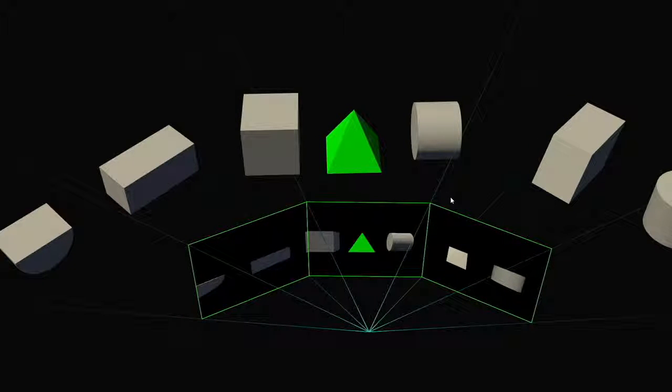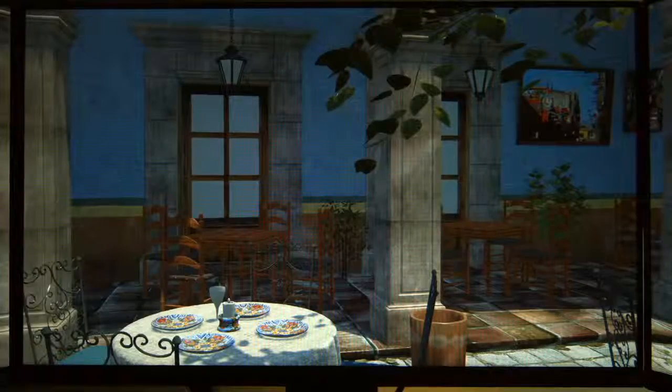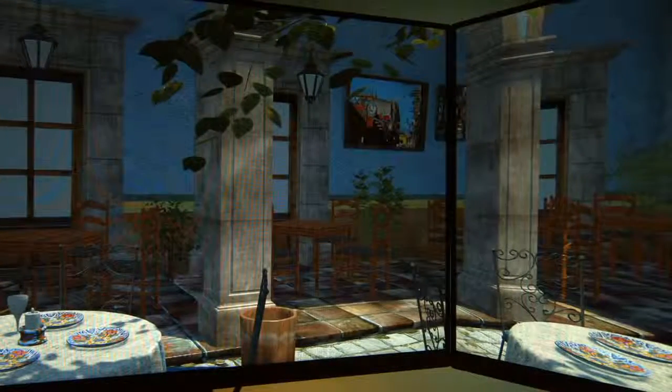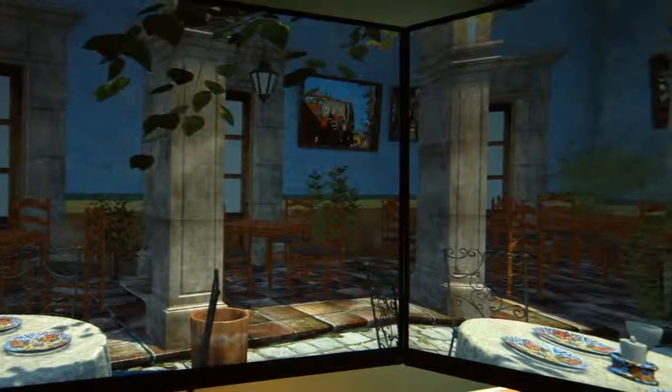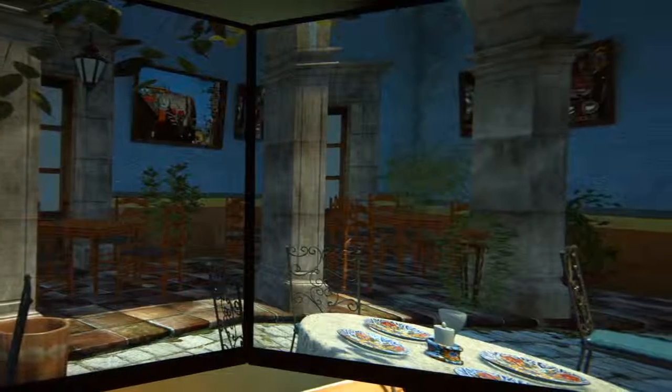Well, let's see this in action. Jensen, the best way to really take a look at this is in an application. What you're looking at here is a monitor that we've got in the back, and it's exactly the traditional way you'd see the game on a single monitor. But Sean, if you can slowly pan to the right. Go ahead and stop right there. A little bit further to the right, sorry. This is the way games look today. And Jensen, what you can see is on the floor, there's that very clear...